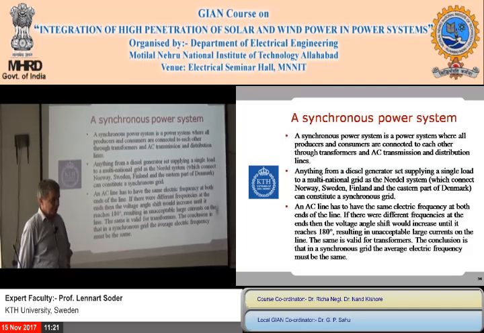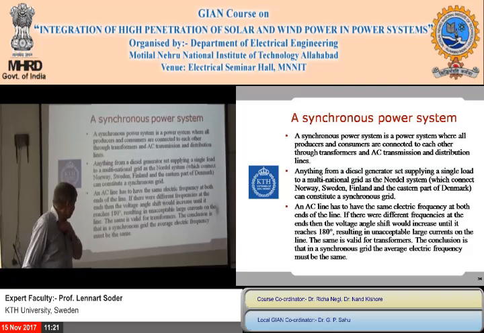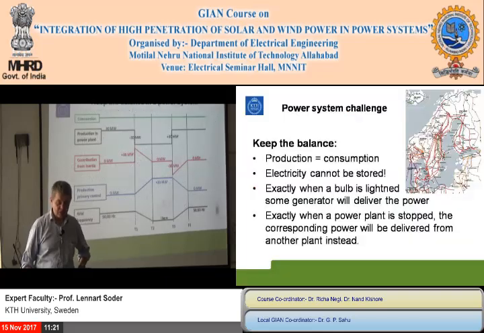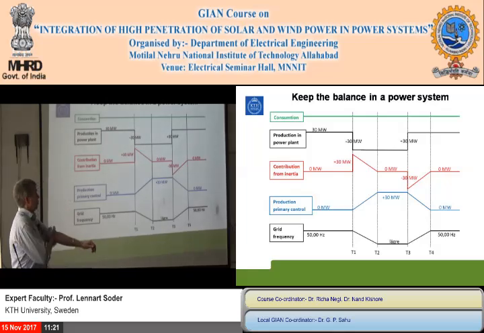So I start again. I will talk a little about the balancing challenges more in detail. I think we have already talked about this. Then I will take this as a small example. This is basics from a power system point of view, but I will go through it a little and talk a little about